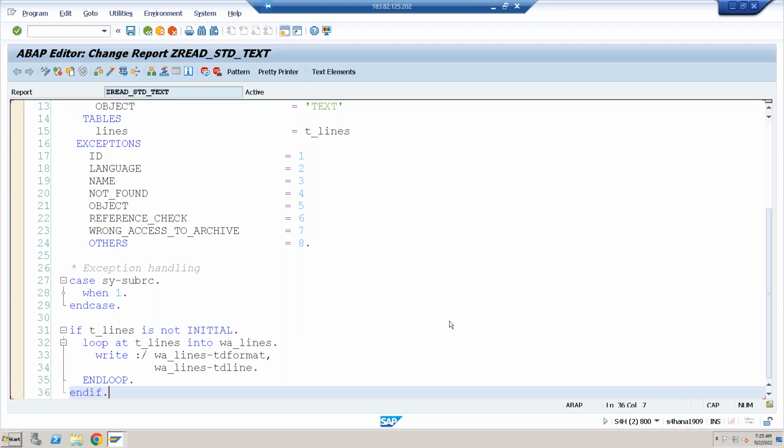Dynamically means you have to use this function module SAVE_TEXT. To read it dynamically, we have to use what? READ_TEXT. And last class we have seen how to transport standard text, and we have